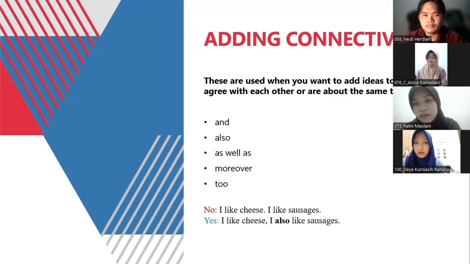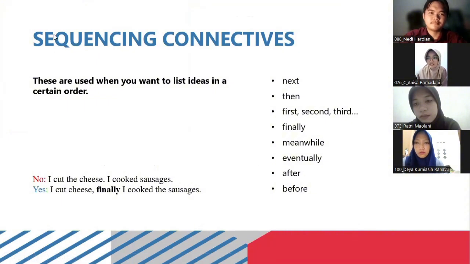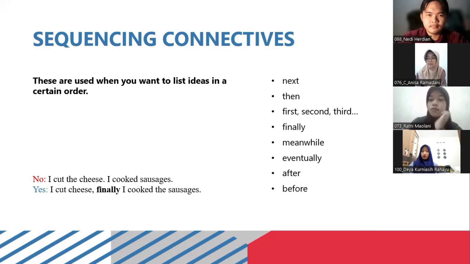And then the second one is sequence connectives. These are used when you want to list ideas in certain order. The examples for sequencing connectives are next, then, first, second, third, finally, meanwhile, eventually, after, and before. We use these words when we want to explain what happened step by step, like telling how to make something,